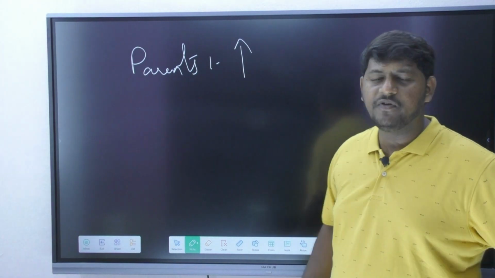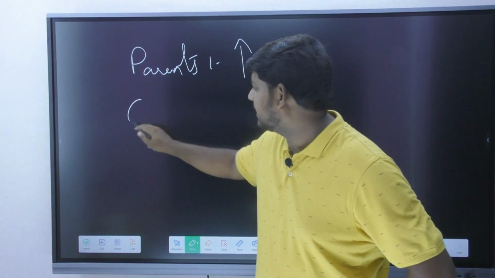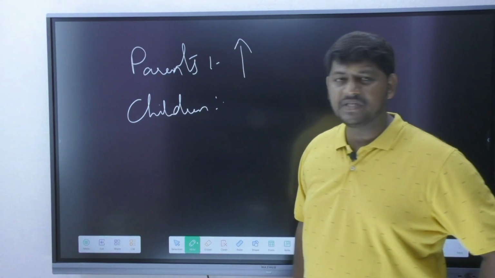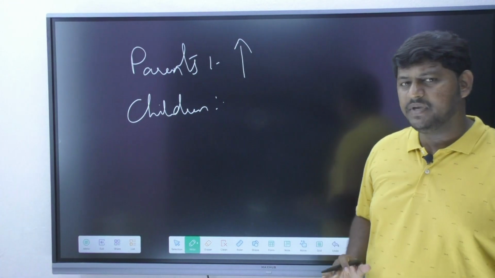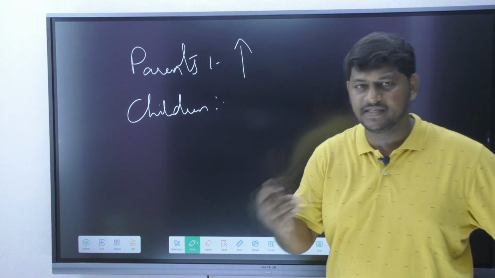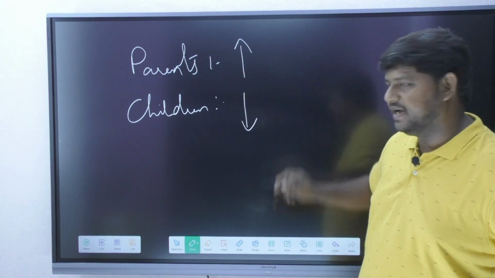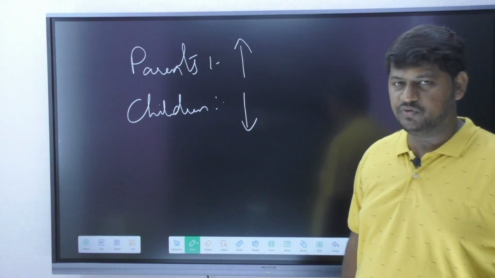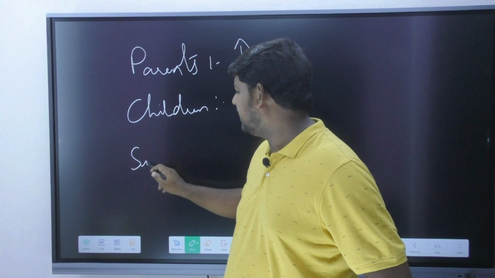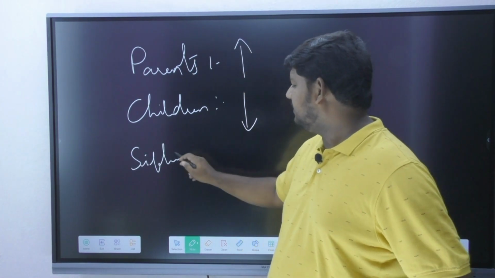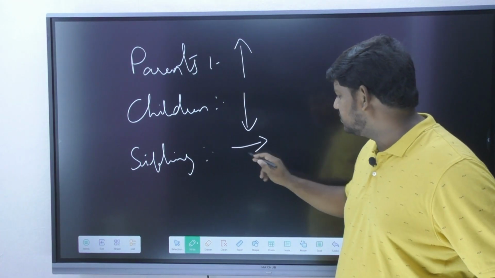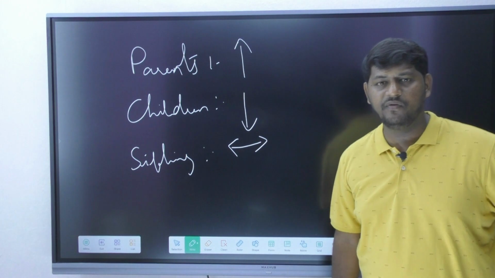Right, now the next category is your children category. Now just tell me, how do you represent children? By telling me the information, do your children belong to your generation or your next generation? Definitely next generation. This is the way you are supposed to use the symbol. And the next category is your sibling category. Your sibling belongs definitely to your generation, then use the side arrow. This is the way you always represent.